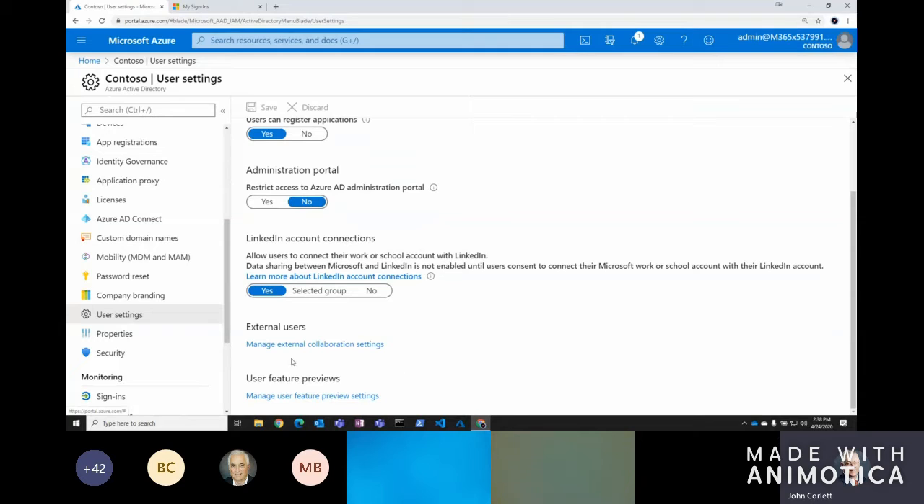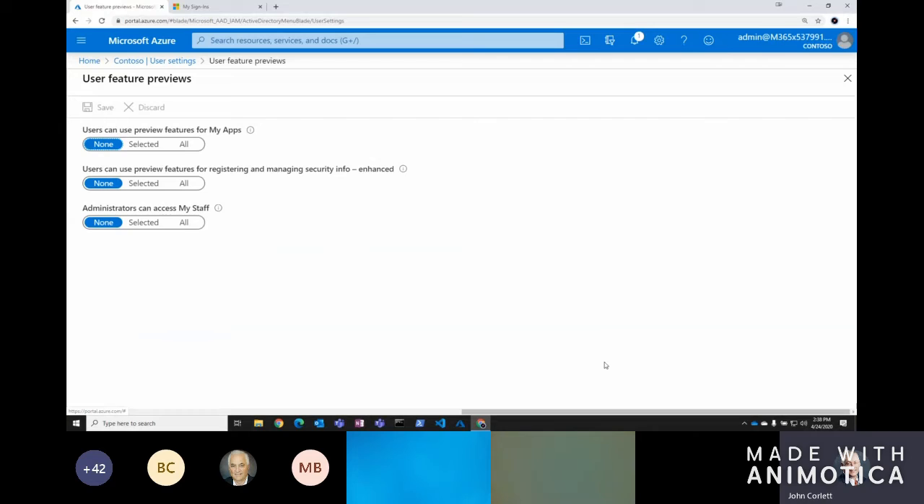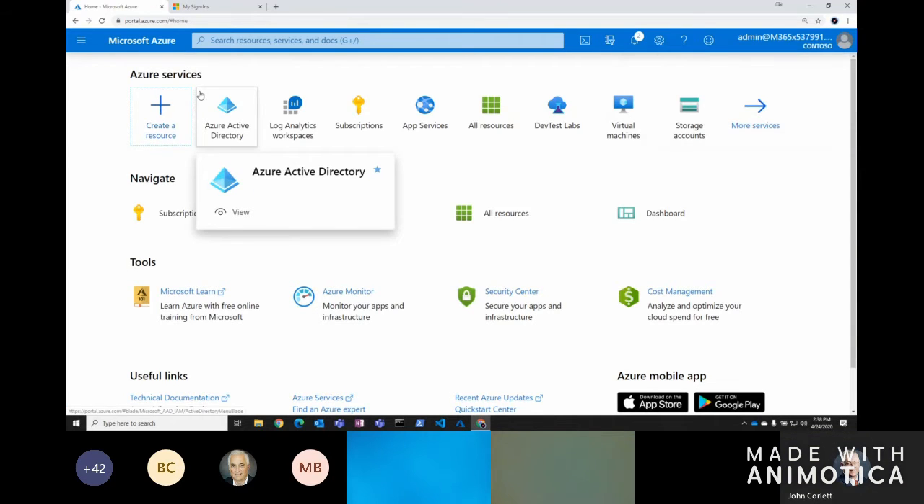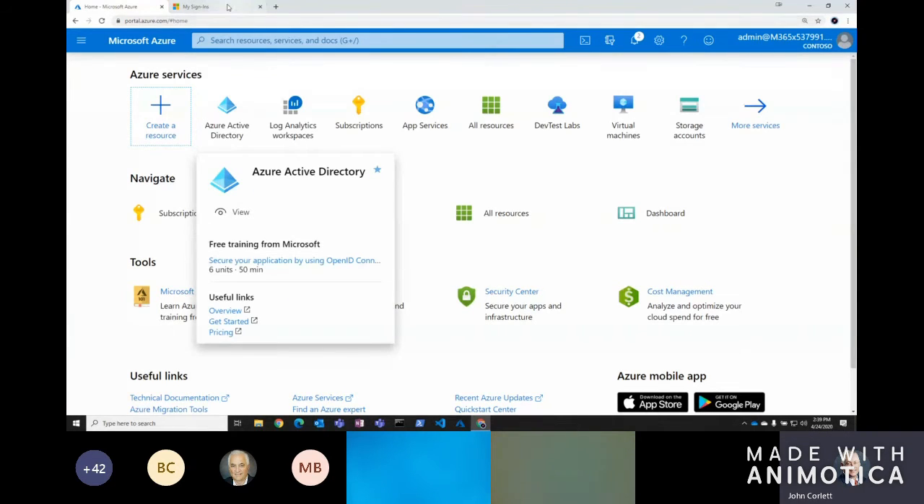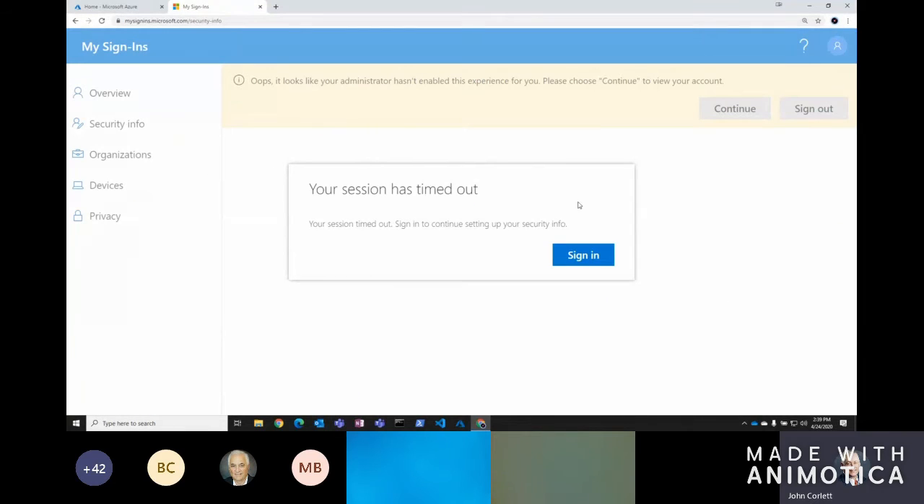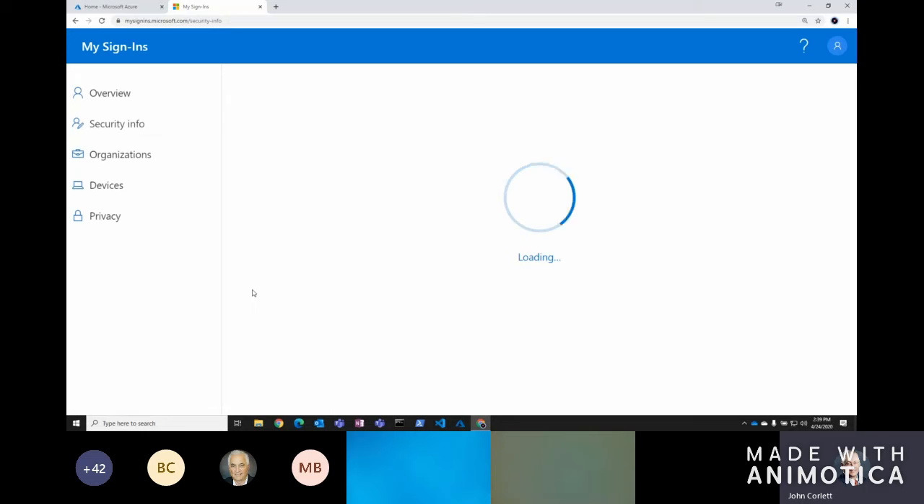Down at the bottom, you'll see a new link for this preview feature, manage user feature preview settings. And if you select users can preview features for registering and managing security info and click save, then that combined registration feature becomes active. And this is what you would see. Oops, looks like you don't have the experience configured prior to doing that, and hopefully if the demo gods are with me,